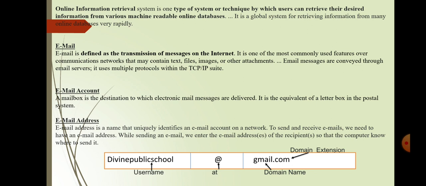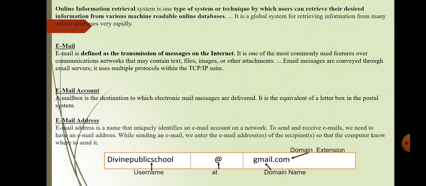As we type the URL, the browser contacts the web server and requests the information. The web server sends the required information back to the web browser. This way, a cycle is completed for searching and viewing the desired result.